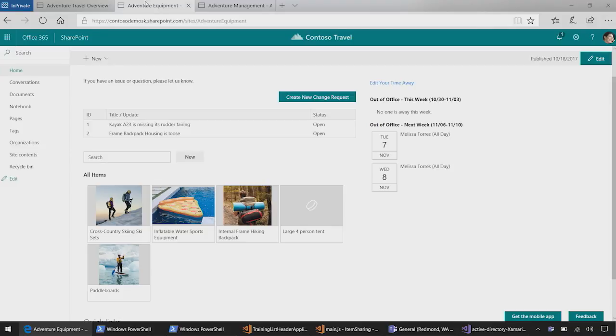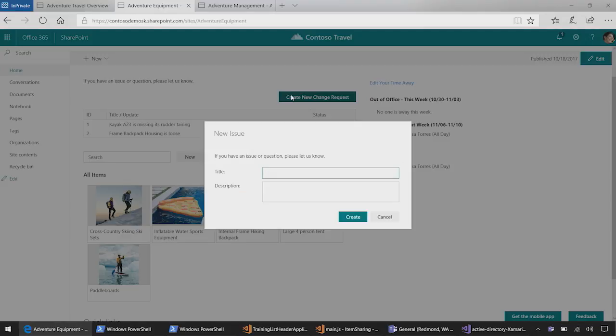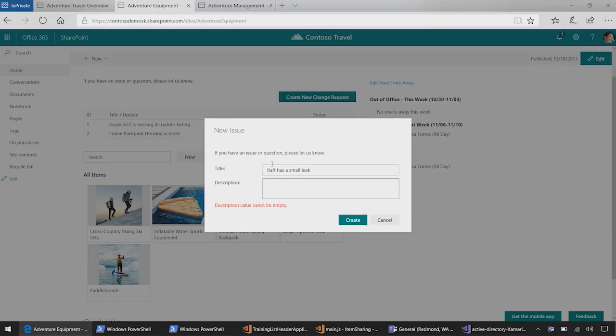These are custom SharePoint framework web parts that you can download from github.com/SharePoint. There's a SharePoint Developer Solutions repository there. In this case, I've got a change request web part. I can say, Raft has a small leak, like so. Click Create. Say, near the front section,